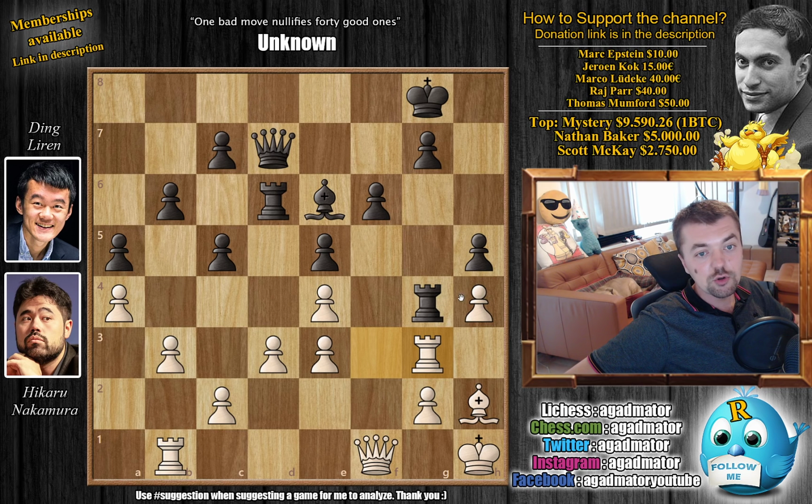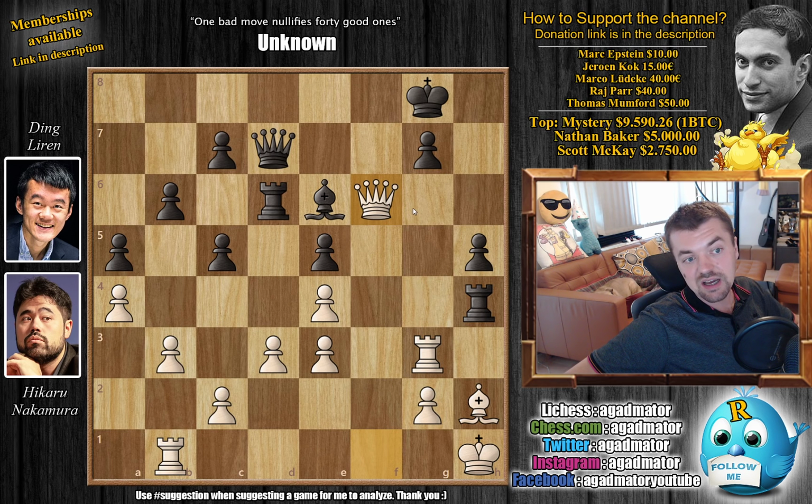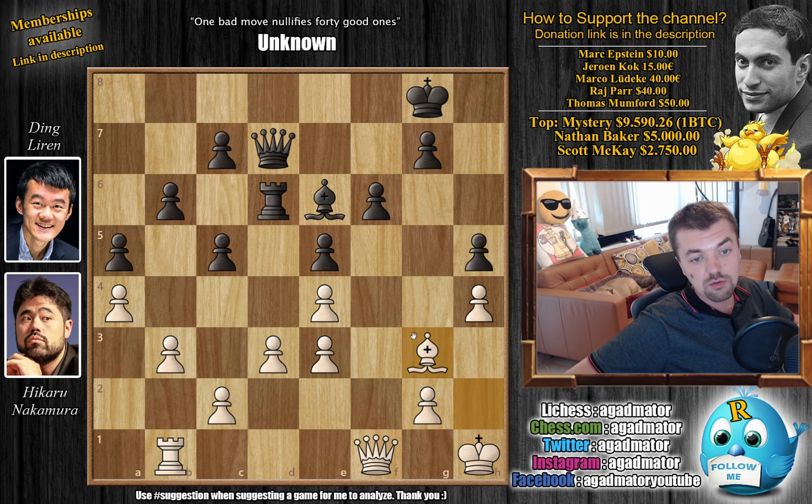And now it seems like you could capture the pawn on h4. However, if you capture the pawn on h4, then queen captures on f6 is happening, as now you cannot capture due to the pin, and also the rook is under attack, so you don't want to allow white any tricks like this. So Ding captures, we have rook captures on g3, we have bishop captures on g3, and now